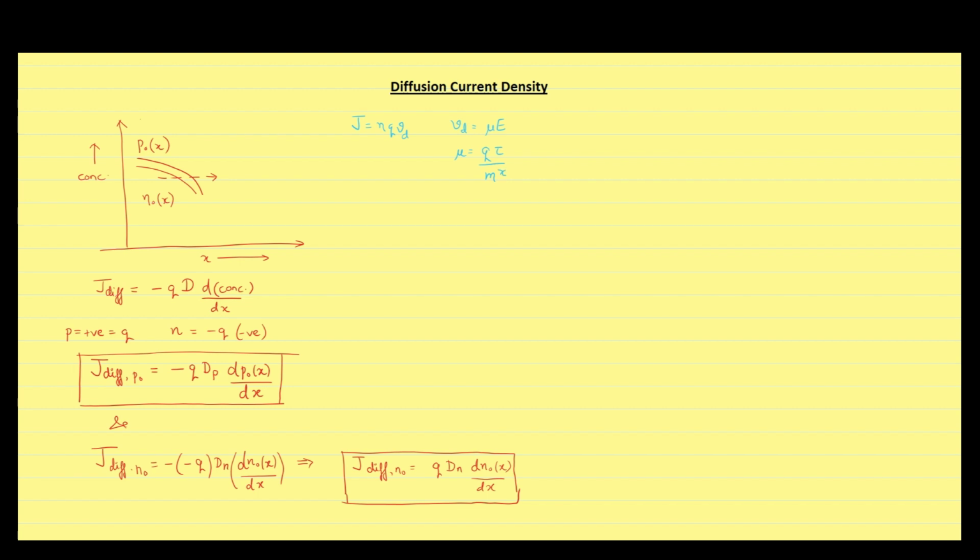Here n simply represents the concentration of charge carriers. We are not taking any particular charge carrier like hole or free electron. After applying the value of mu and electric field in the drift current density, we will get